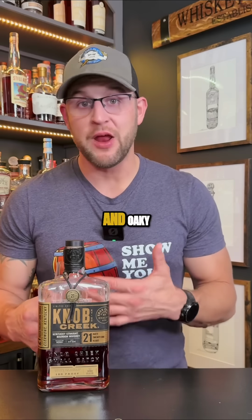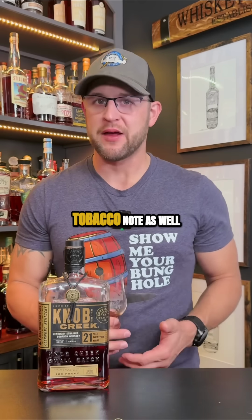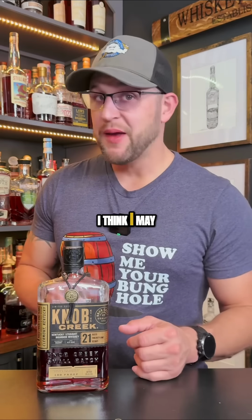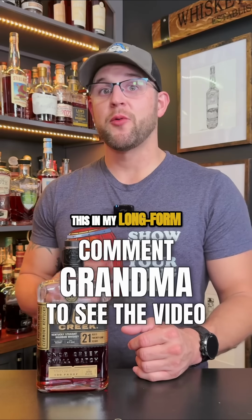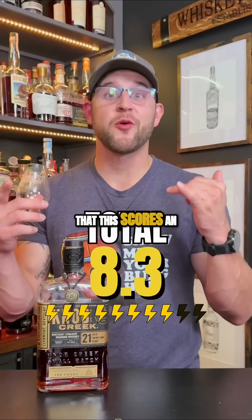The finish is long and oaky, but not tannic. I get more vanilla extract as well as a little bit of a tobacco note as well. And I'll be honest, I think I may have undersold and underrated this in my long form review on YouTube that I did with my grandma, and I will make the adjustment and say that this scores an 8.3 out